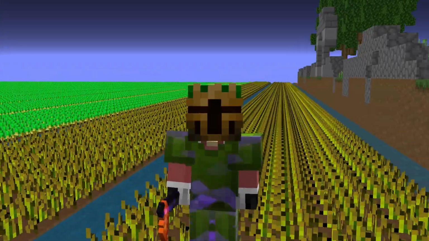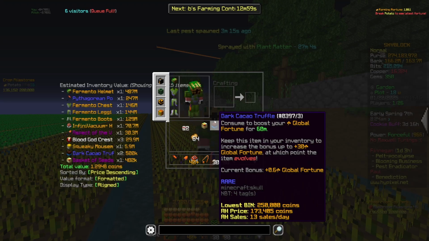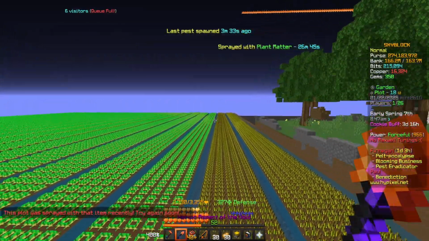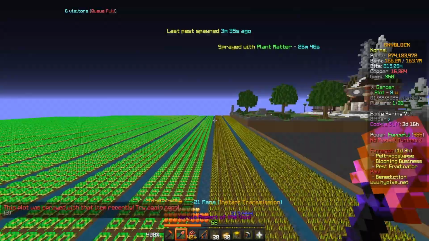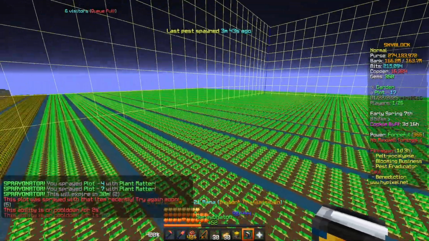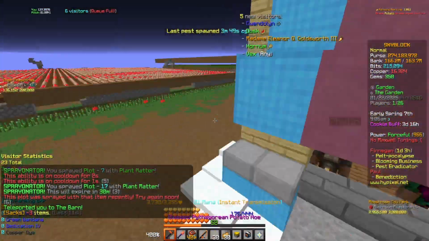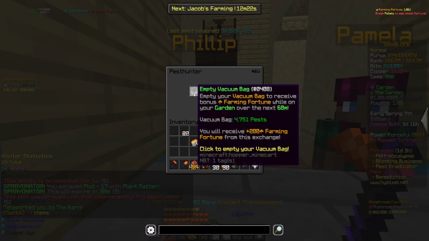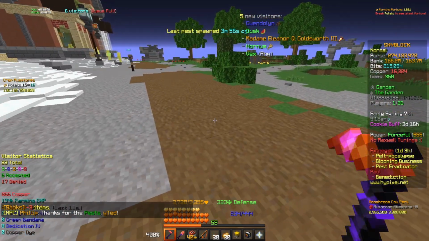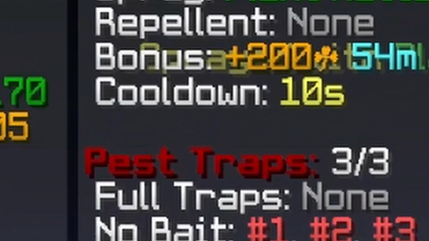So, how do you pest farm in practice? First of all, you're going to want to have your inventory as you see fit. For me, I have my inventory like this. Then, you want to spray the plots you're farming in with plant matter, like so. Then you want to go over to the barn, over to Pest Hunter Philip, and you want to exchange this for 200 farming fortune, if you want the max rates. Okay, so then you're now going to want to start farming, and once the cooldown up there says 3 seconds left,